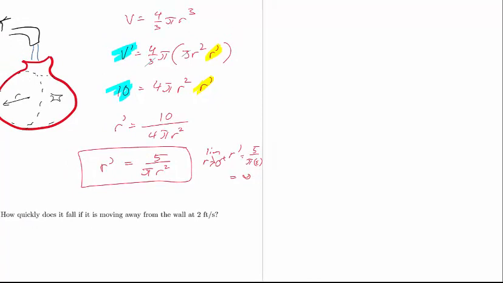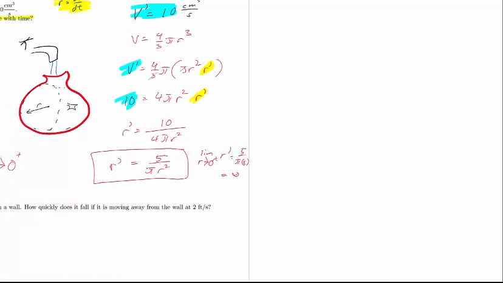What this says is that initially, when the radius of the balloon is small, because note the radius will never be 0, because if you look at a balloon, there's always a little bit of something in there. As we get closer to that point, the beginning, should I say, the radius of the balloon will be increasing very quickly,